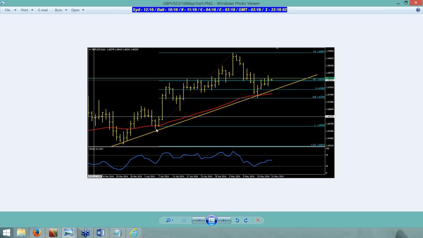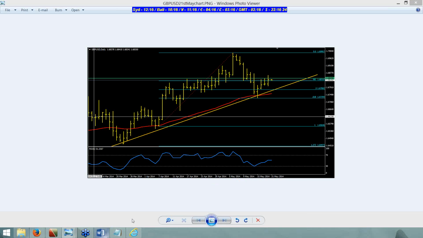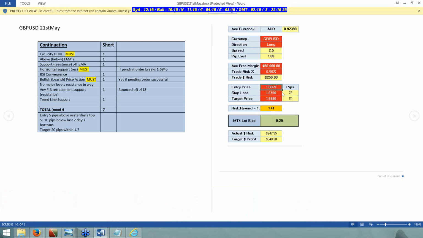Not from this bar here, but from where the buying started, which is there. Don't know what this line is. Well, it's similar to where mine is, around 68.20, somewhere like that. Want to see if any document works for it? Okay, yeah, works fine the way you've done it. There's your image. I can't see your stop loss, but let's have a look at the document one. Stop loss is 67.90.